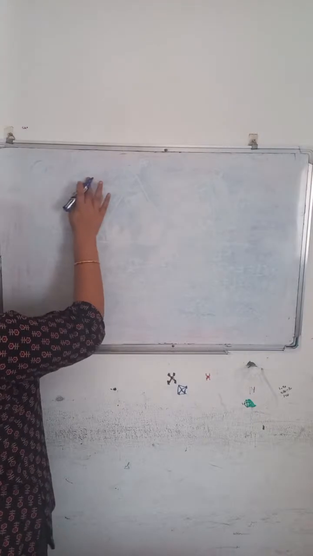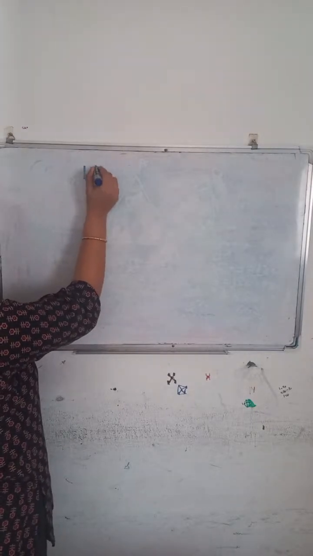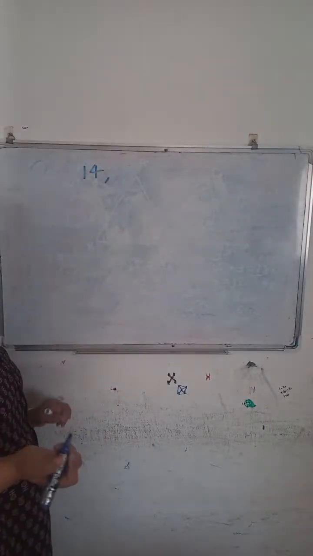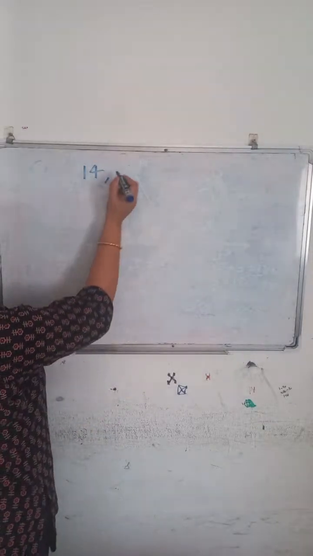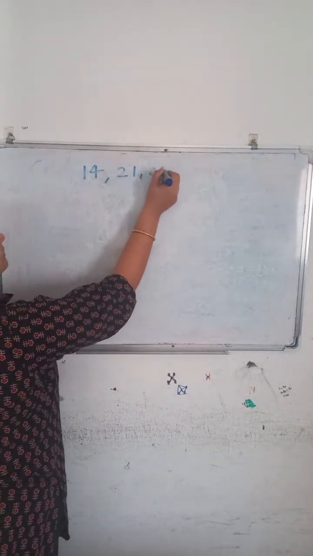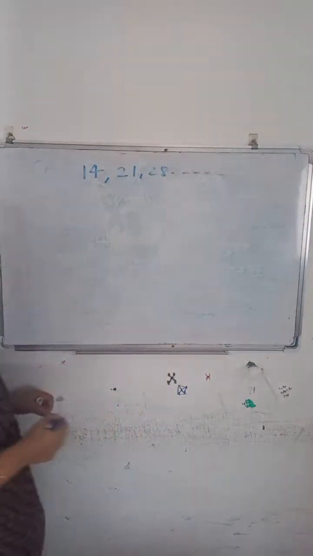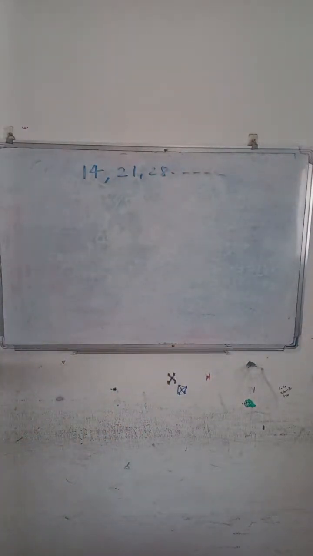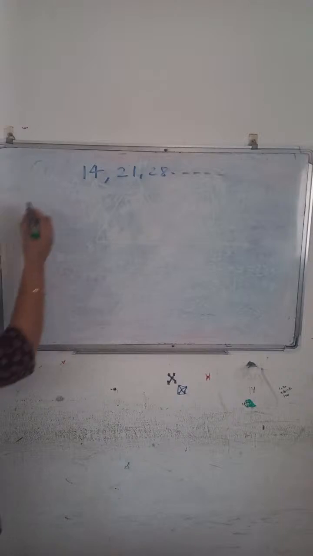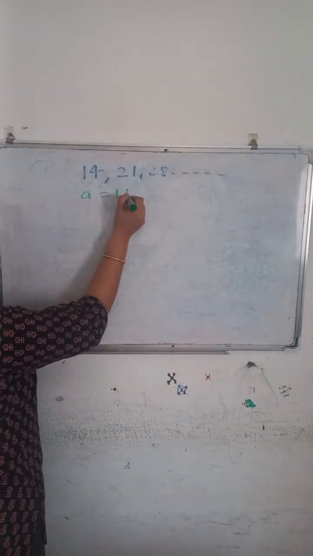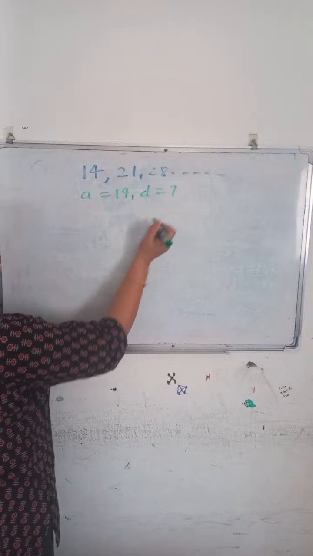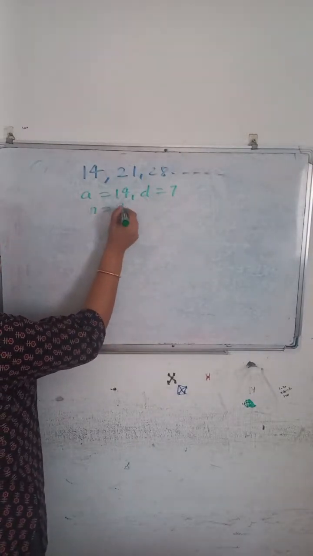So a two-digit number divisible by 7. So 7 ones are 7, then 7 twos are 14. Because 7 we can't take, because this is a one-digit number. So 14 and so on. Okay, so this is what we will get, an AP. This is actually a 2-mark question. So once we get this AP, then from that you will get a is equal to 14, d is nothing but 7. Okay, and we have to find out